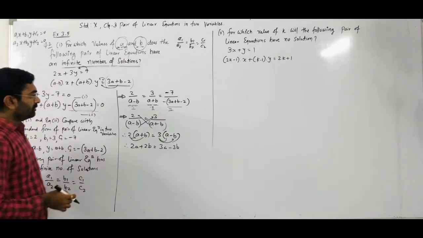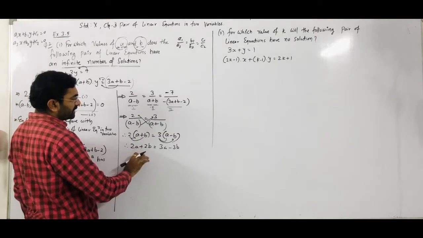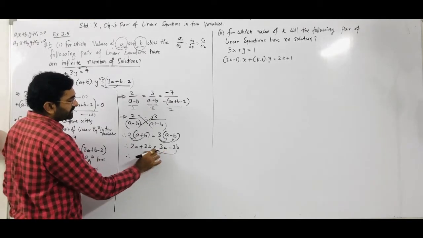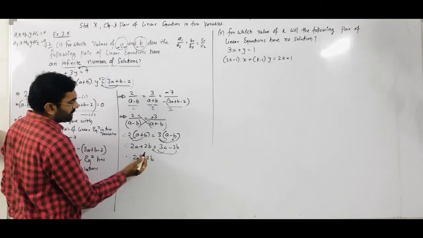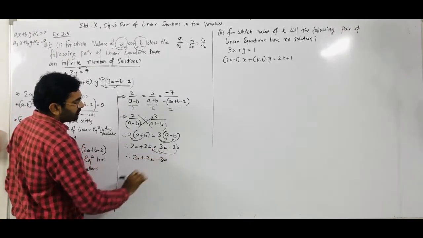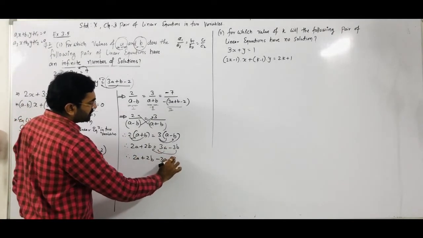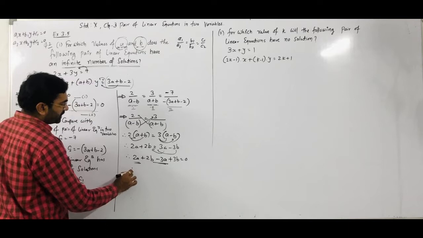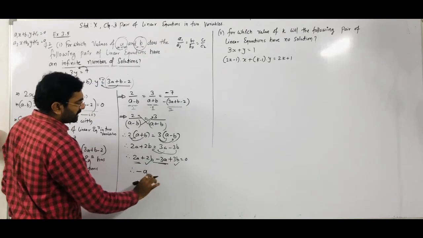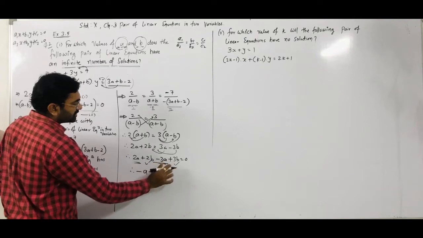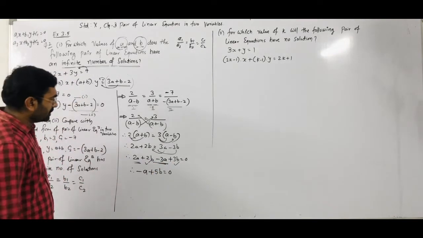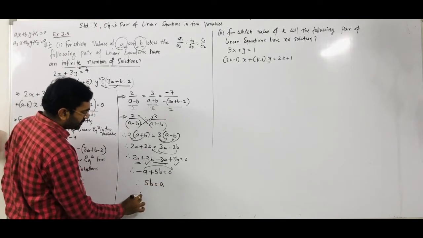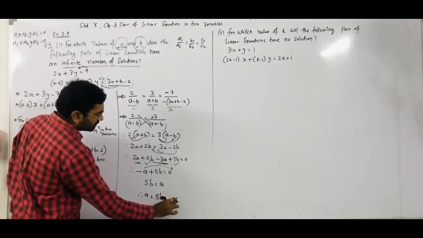Right? Now suppose we take all terms to the left hand side. So 2a + 2b is on the left hand side, 3a comes to the left hand side so minus 3a, minus 3b comes to the left hand side so it is plus 3b, is equal to 0. Now observe: 2a minus 3a gives minus a, 2b plus 3b gives 5b. Addition of these two terms is what? 5b - a = 0. Minus a goes to the right hand side so it becomes plus a. It means a is equal to 5b. Give this equation number 3.